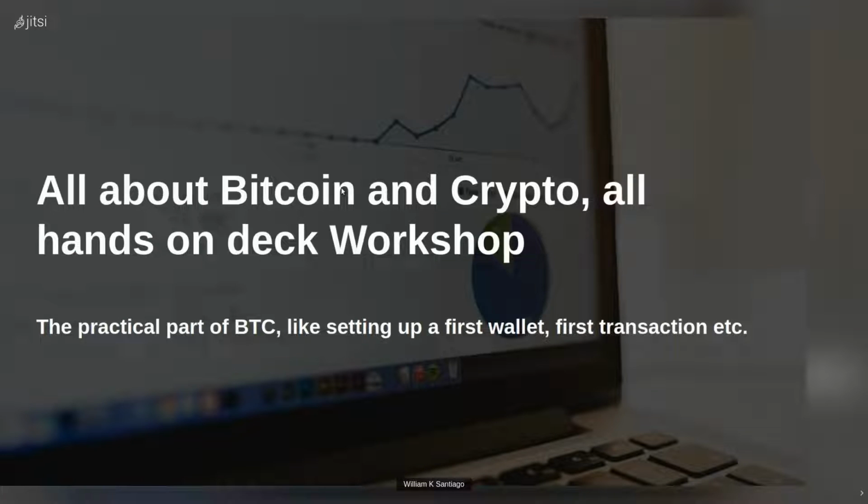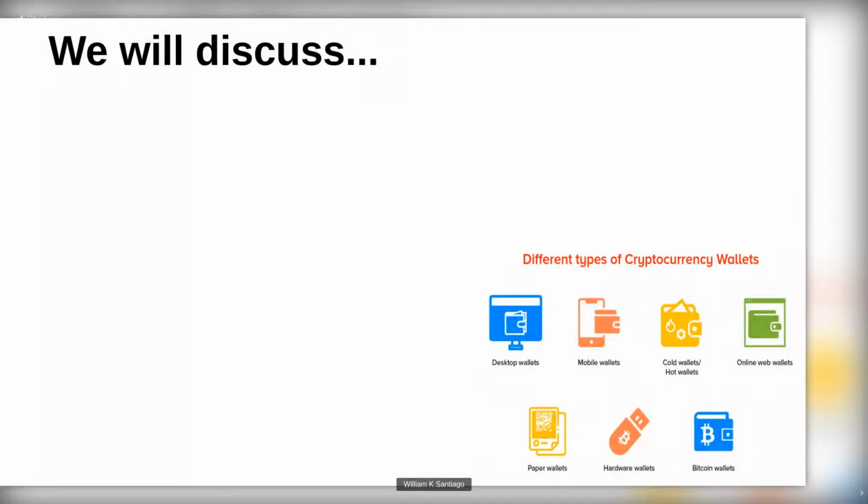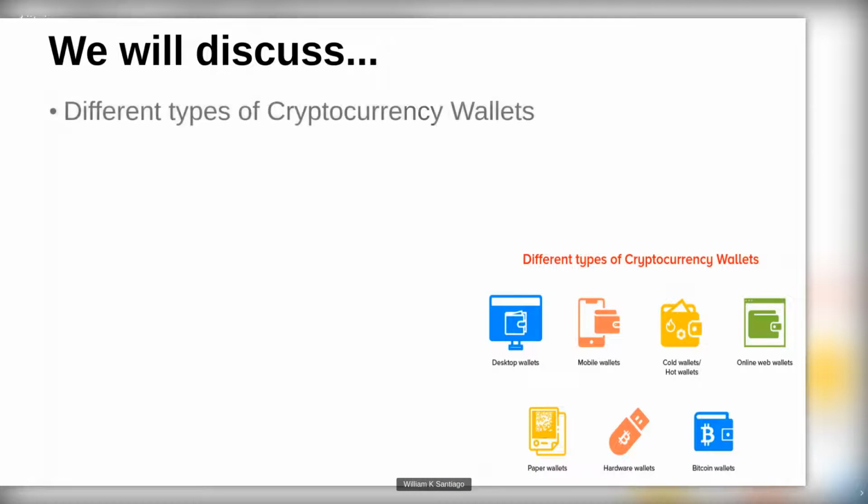Today is mostly on hands-on deck. Usually it's a workshop where we have more participation in terms of actually running the wallets and showing how to do things. So this is a very quick presentation, a warm-up introduction into this type of hands-on deck workshop. But basically, the idea is to discuss the different types of cryptocurrency wallets that are out